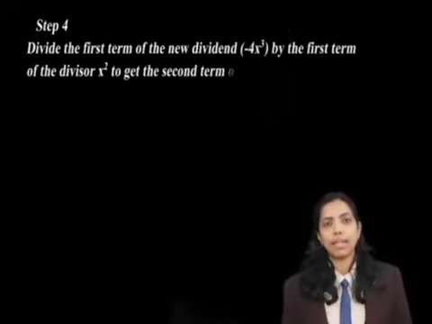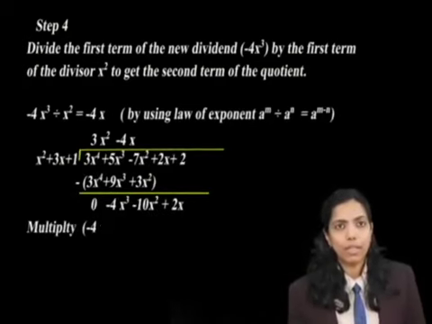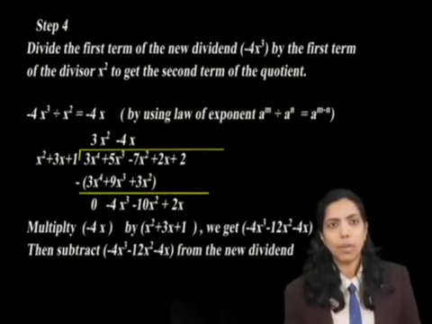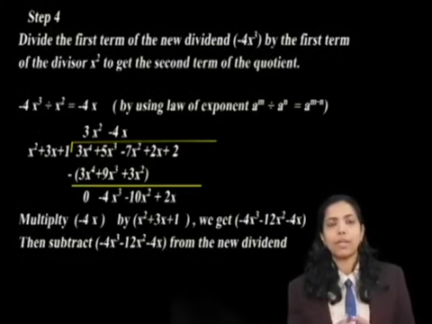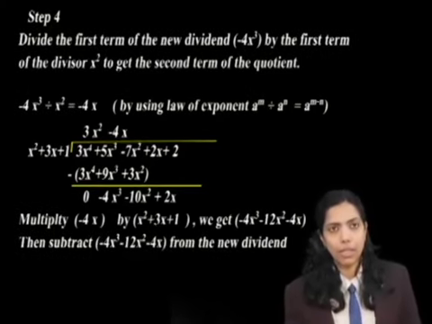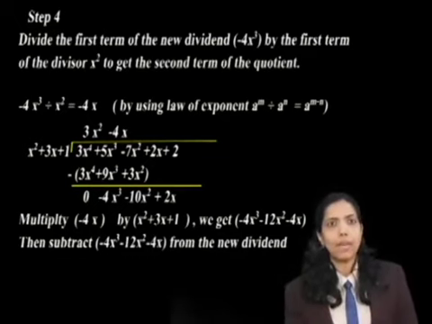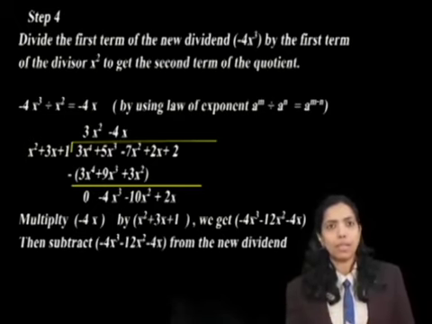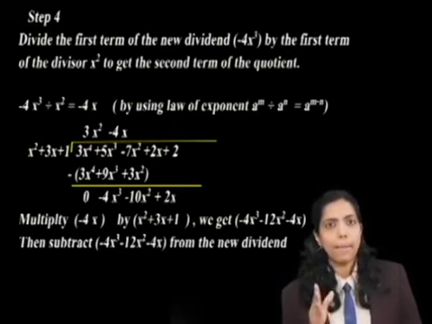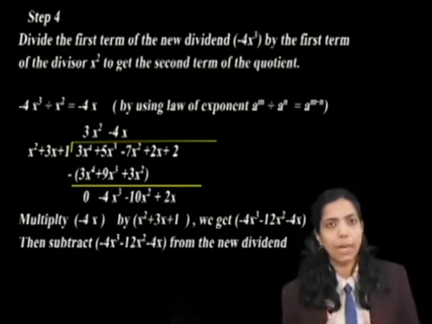Step 4 means once we align the terms, we have to subtract the product, 3x to the power 4 plus 9x to the power 3 plus 3x square, from the dividend polynomial. Doing the subtraction, 3x to the power 4 minus 3x to the power 4, what is the answer? Of course, it is 0. Now, 5x to the power 3 minus 9x to the power 3 turns as minus 4x to the power 3. And the last one, minus 7x square minus 3x square. Two negatives, so what is the answer? We should add and put the minus sign: minus 10x square.